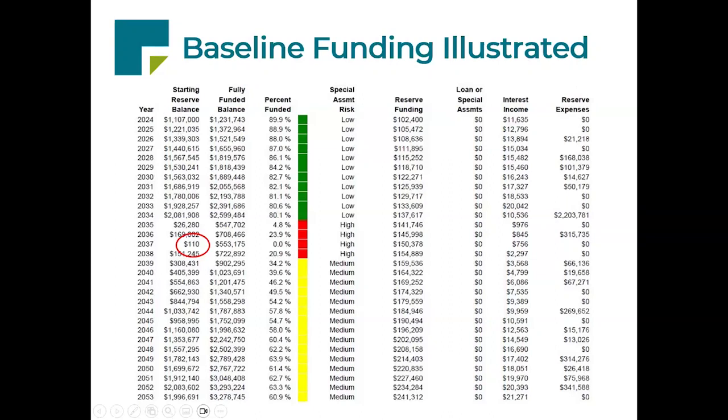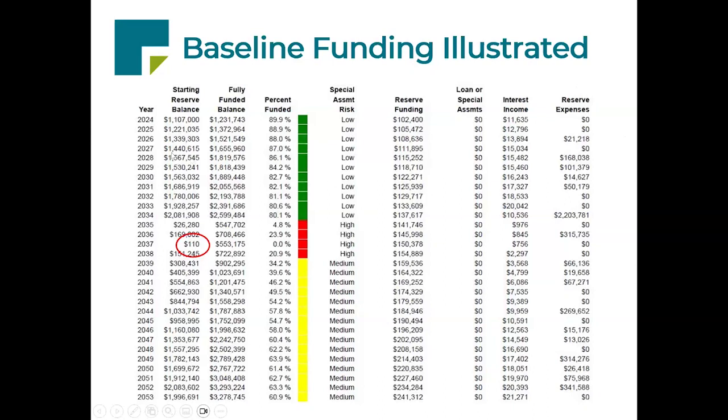So with a spreadsheet like this, you can run out a projection that shows how much is going to be spent, presumably how much you will collect, and where that leaves you, right? Now, in this scenario where we're doing baseline funding, the goal of this plan is to try to get this starting balance as close to zero as possible without going below. That will produce the lowest amount of reserve funding needed in this association.